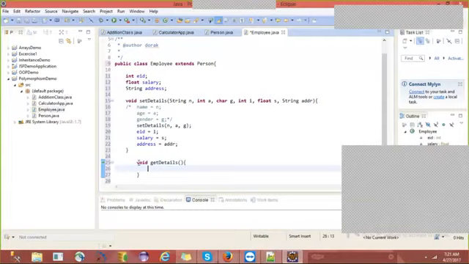So here in getDetails, what are the lines I need to write? Can you type in the chat window? I'll type that in the code. Anybody can type. Even you can refer to your previous code. Sys out.